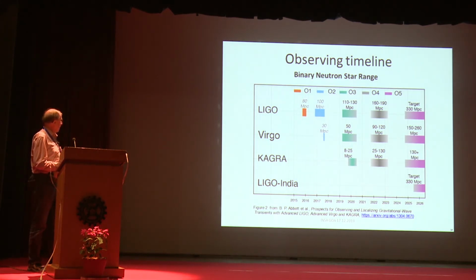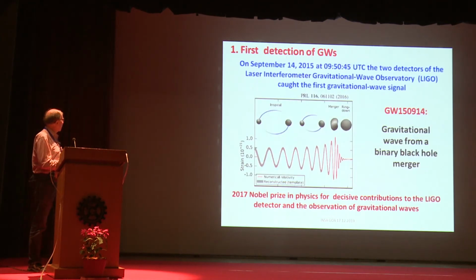Okay, so we have detectors, and I was announcing we had a detection. So I will now review some of the most important results. Of course, the most important one is the first detection of gravitational waves, which was done on the 14th of September by the two LIGO detectors. They both saw the signal, and this was a signal that matched very well a signal from a merger of two